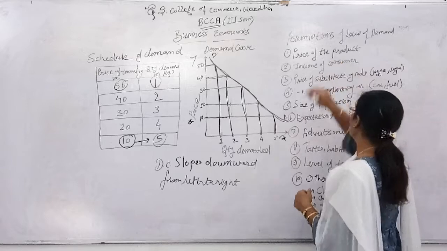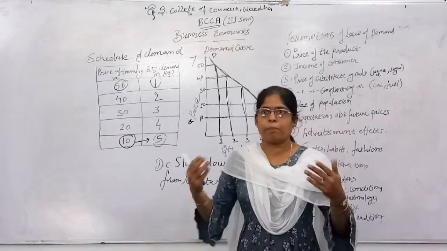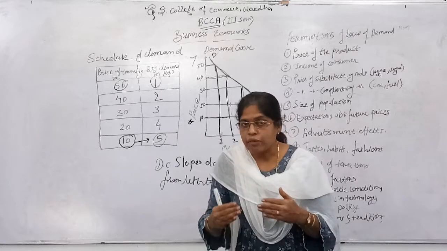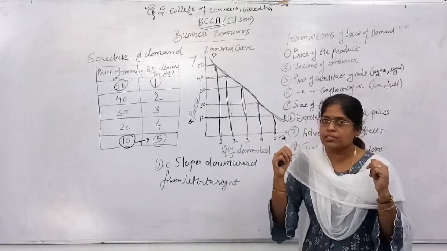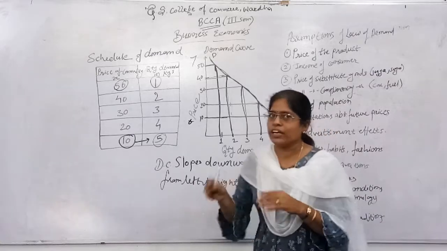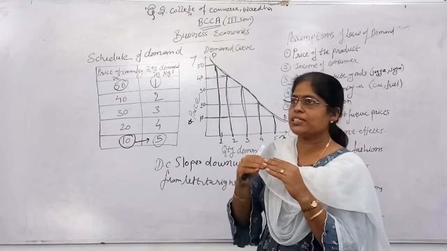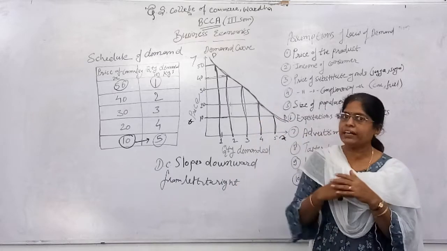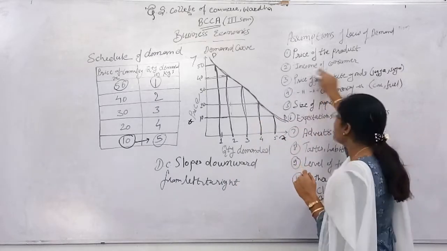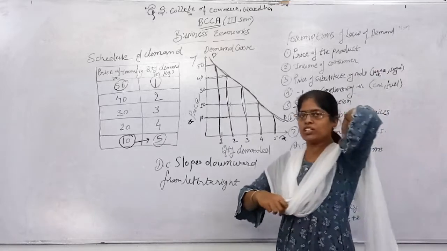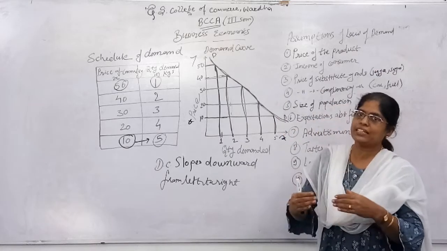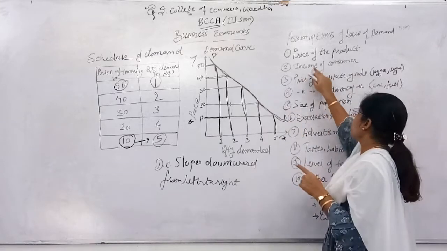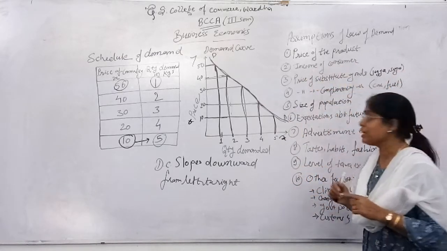So second is the income of the consumer. Income means your capacity, your availability of money. Can you spend? Before buying anything, you think twice: whether my pocket is full or not, whether the income is sufficient, whether whatever I am earning, I am able to spend on that. What is the income of the consumer? How much he or she is earning, and whether the capacity to buy that product is there or not. That is the second, income of the consumer.